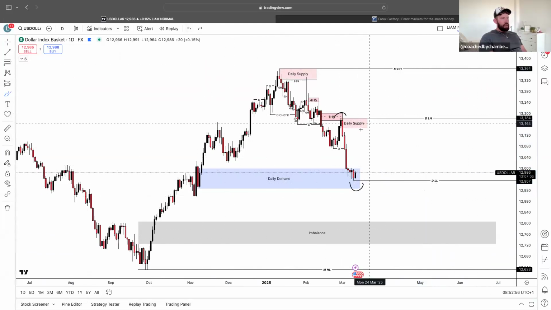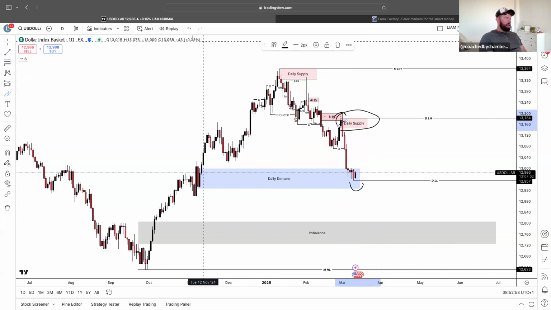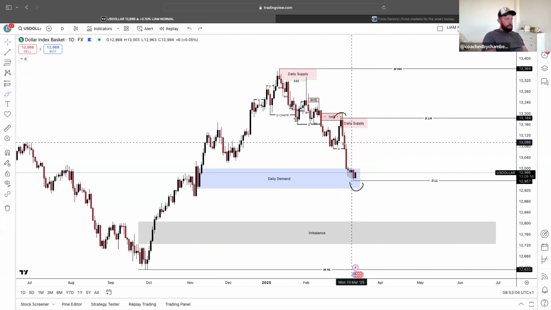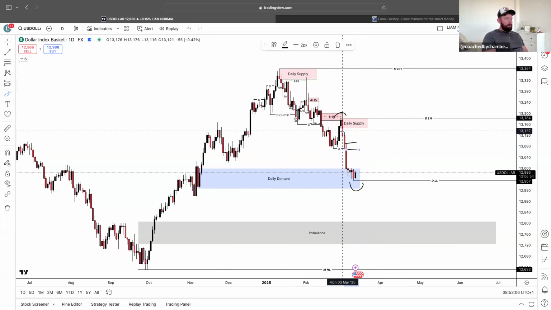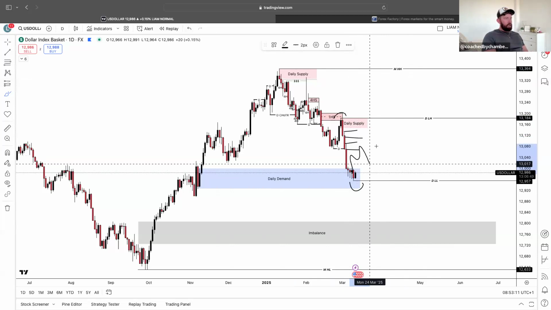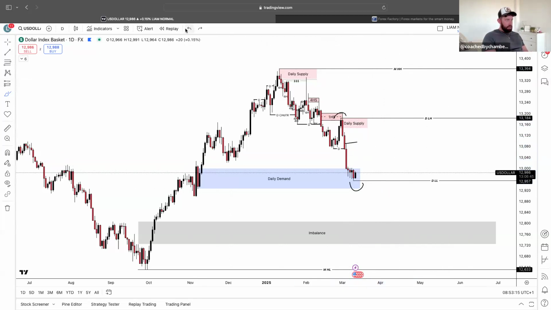We'd expect the market to continue downwards. I do have a supply area, which is this supply area here. So we're going to be interested to see if we can get into that deep part of the range. But also understand that where these wicks are are valid supply areas. So we could react from one of these and carry on downwards. Make sure that you guys understand that as well.